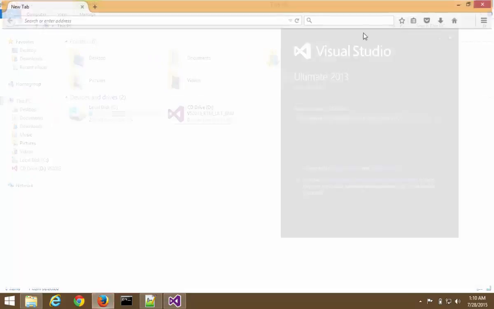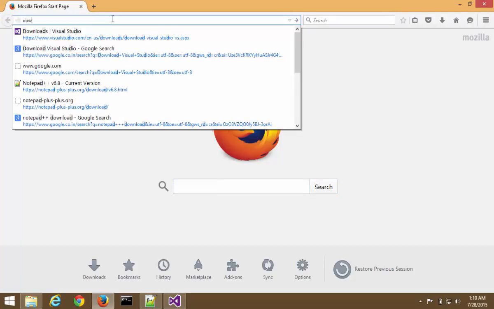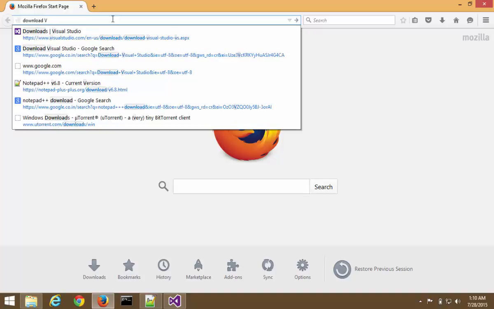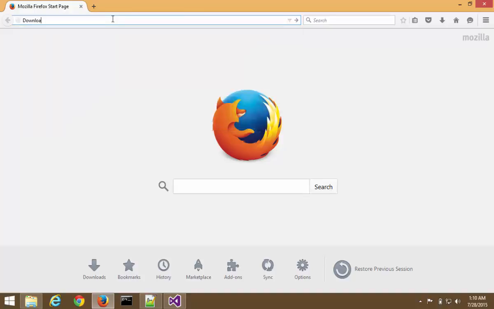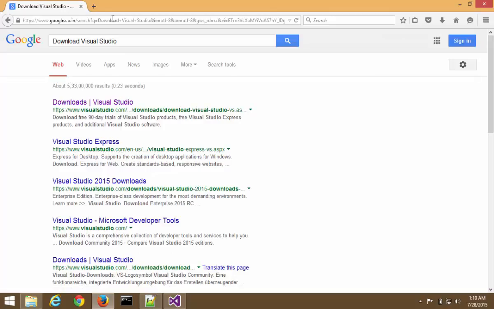Okay, here I'll show you how to download the Visual Studio in case you want to download the free edition of that. So we say download Visual Studio. Okay, the first link that is shown here, that is what we want to get. So we'll search for that, and Google will help out with the download link. The first link that we are getting here is from visualstudio.com, which is a Microsoft website. So let's click that,